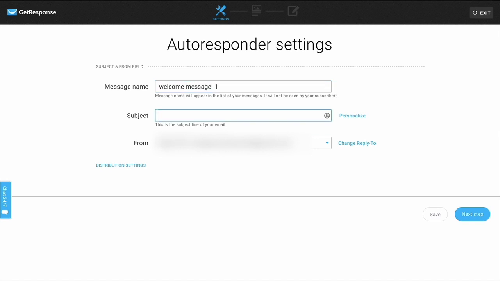Here is the subject. Subject is a very important aspect, and with GetResponse you can personalize the subject. That means when someone is getting into your list, obviously it will capture their name. So to use their name, you can click on this personalize and use it as name or first name as per the naming convention used in the name field of your form.